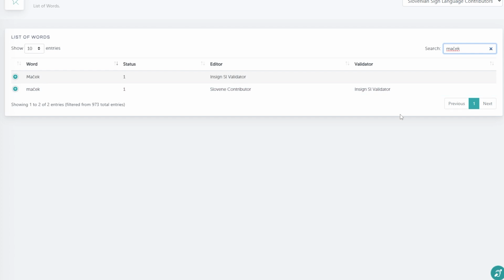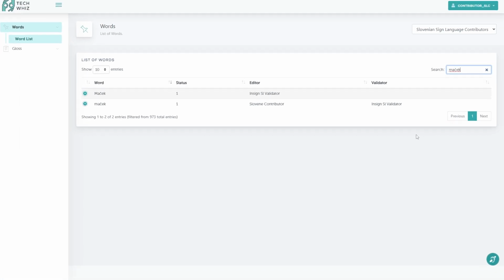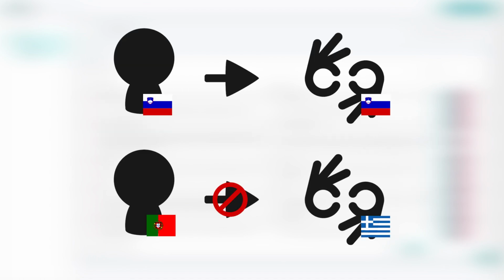The word list is very useful when making the gloss to be able to quickly find the signs we want to use, if they have been previously configured in the studio or if the signs still have to be created. You have now seen all the functionalities that contributors have access to, while users with full access would also be able to configure hand configurations for the TechWiz Studio. If you remember, we said that which hand configurations are available in the studio is dependent on the sign language. Here, users with appropriate access can select which hand configurations can be used in a specific language.